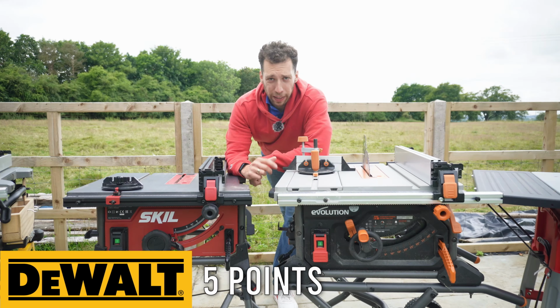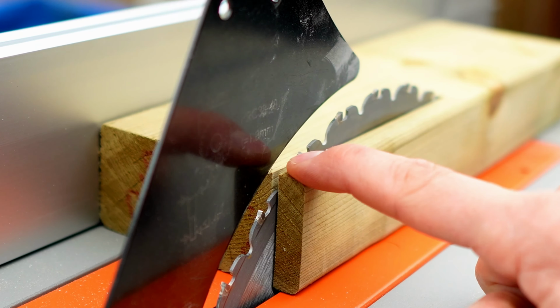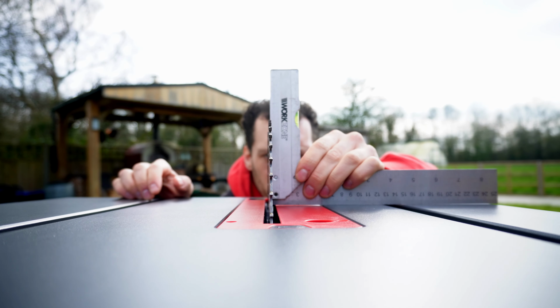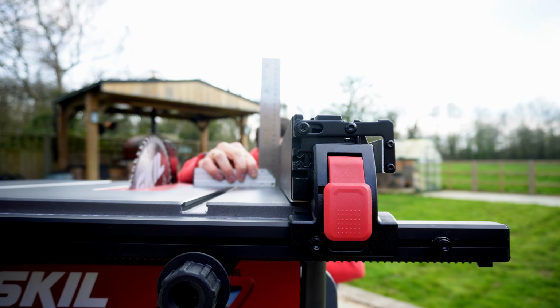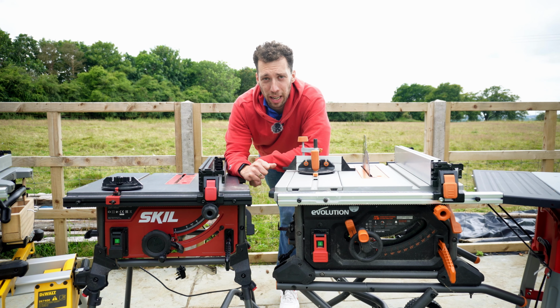in this category. The Evolution and the SKIL, however, did require a fair bit of calibration and setting up before they were ready to use, and I do think if you are new to using a table saw, this can be a slightly scary and alien process, and because of that, both of these are going to be scored a